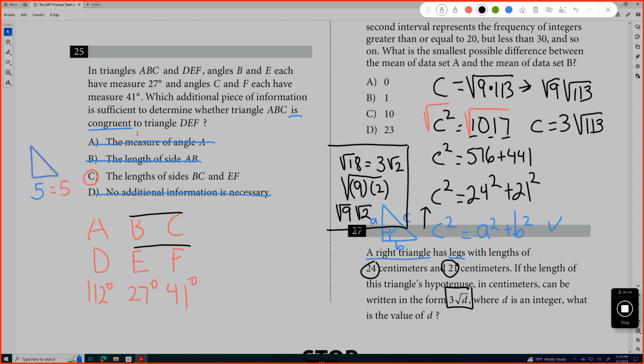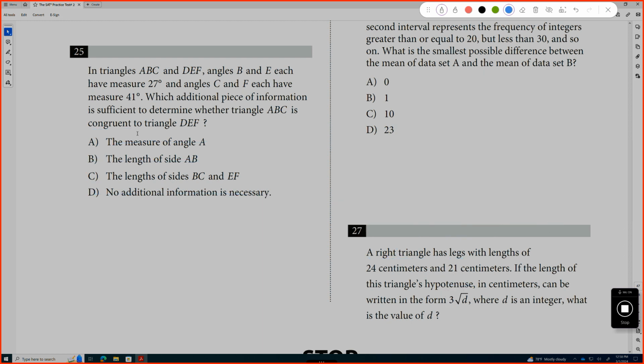If I have 3 radical D, compare, c is equal to 3 radical 113. c is the hypotenuse. Radical D, that tells you that D is the same as 113. So D equals 113. The only thing you were missing is the calculator. So now pause. So when I erase, you still have the video paused. And now